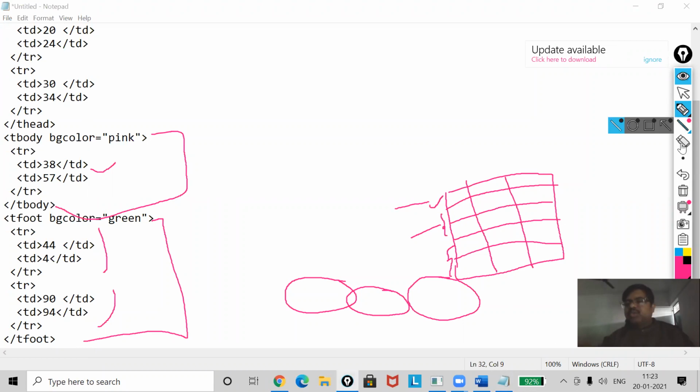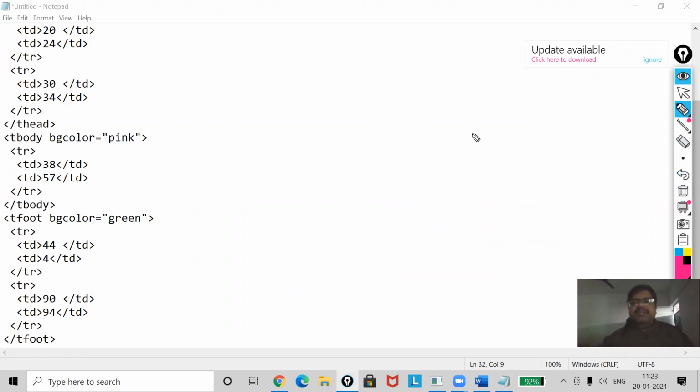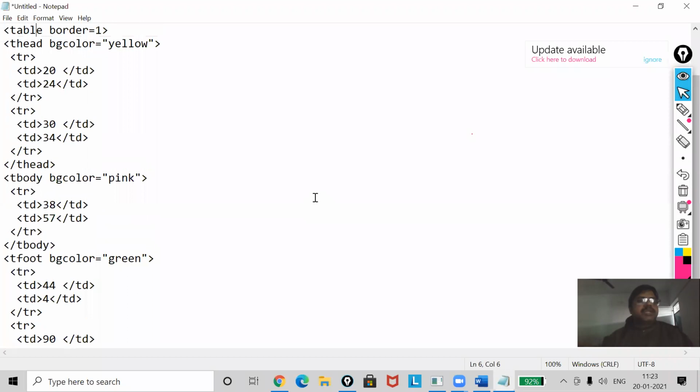Now I'm going to the upper part. Here. Now you can see here in thead, I have kept 2 rows, this and this.